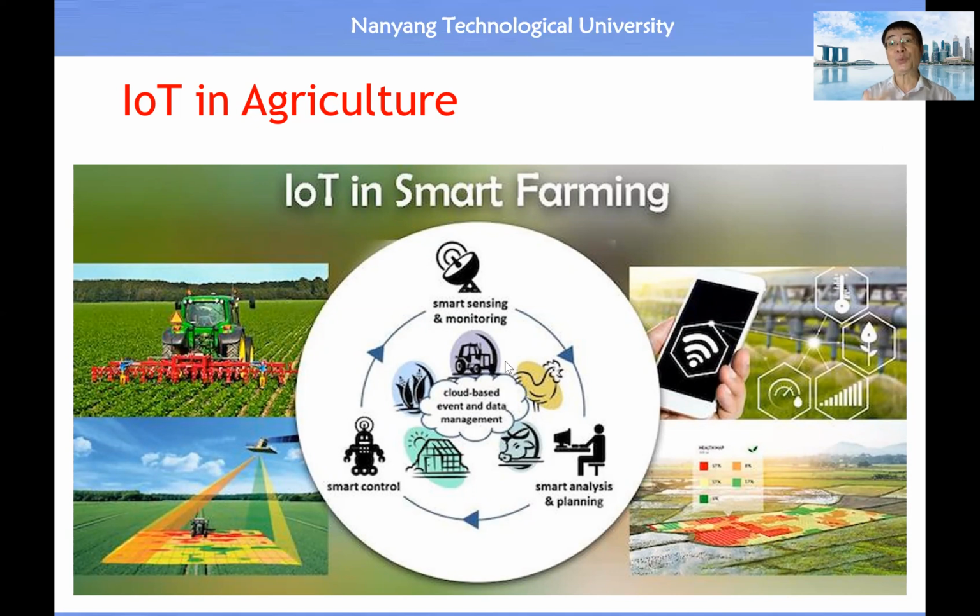Then in future, how to make farming smarter, more efficient, and increase the productivity from agriculture. So therefore, we can deploy Internet of sensor in order to monitor the condition of the vegetable planting, farming, etc. All right. So this is an area for us to deploy IoT in order to make future agriculture to be